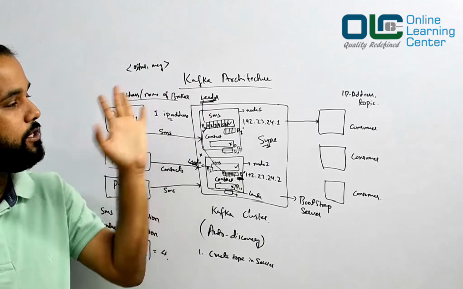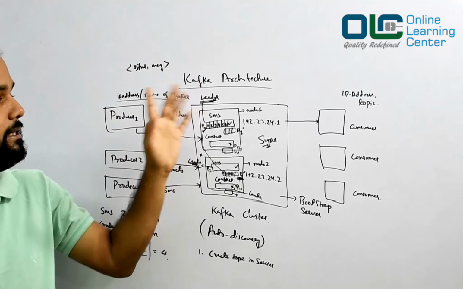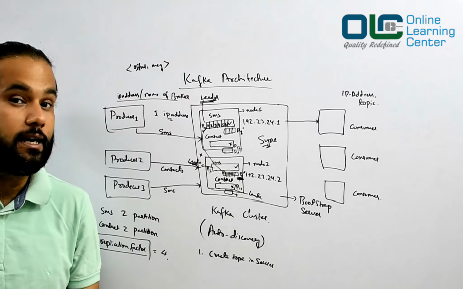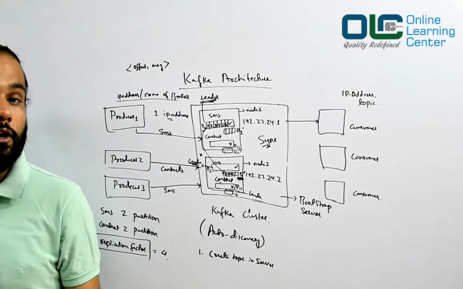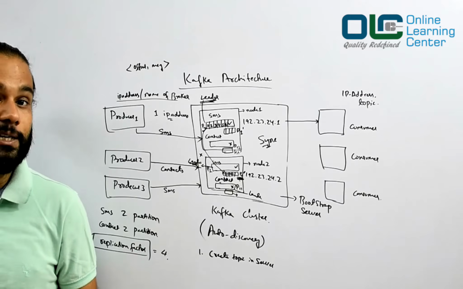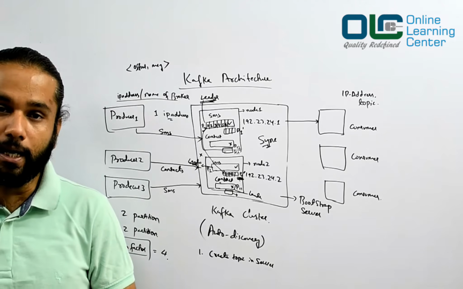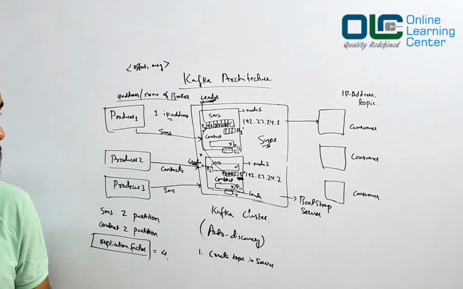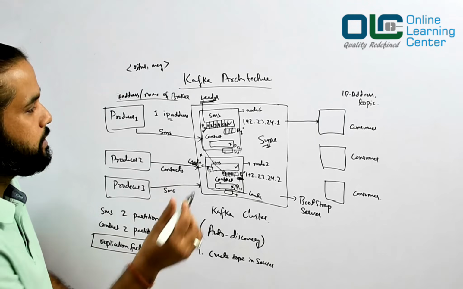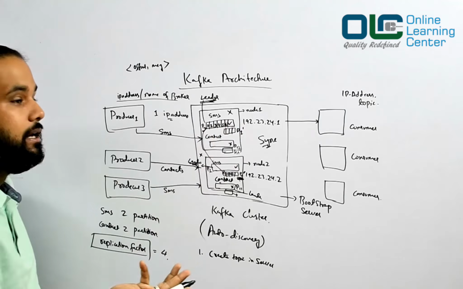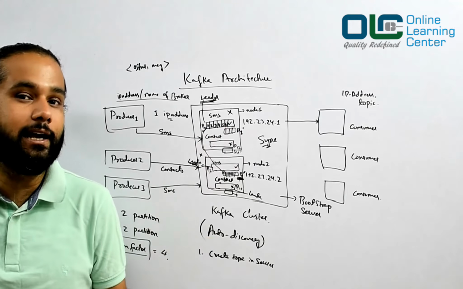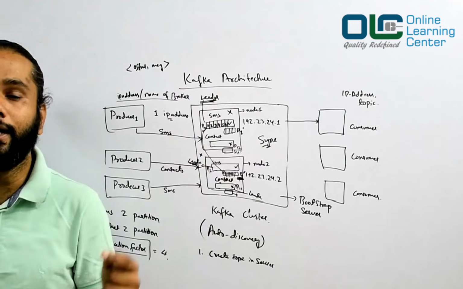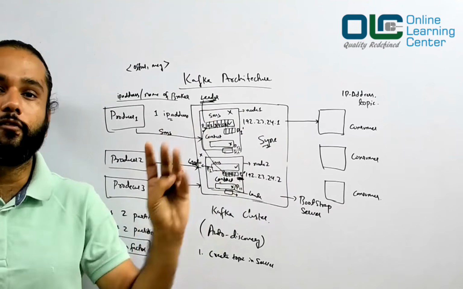The data would always be taken care of by the leader partition. It will store it within itself first, and then it will start emitting it to the followers, and the followers would just keep the updated data in their partitions as well. What is the advantage of this? If this machine is gone, I don't really care, because I already have the replica somewhere else, and I can definitely start serving from that place.